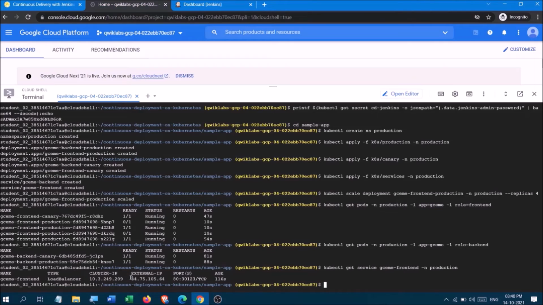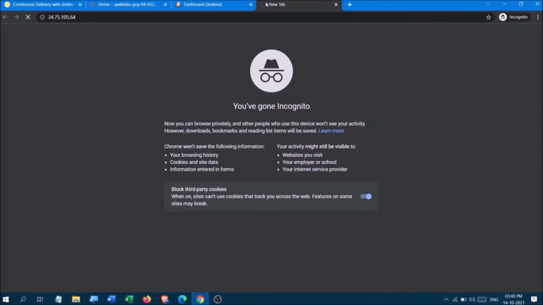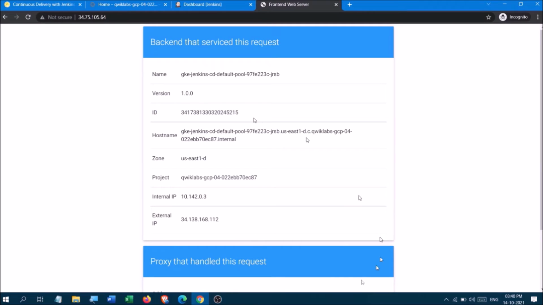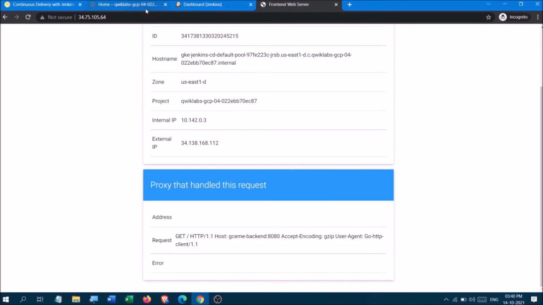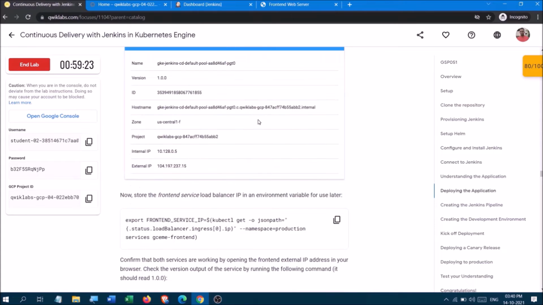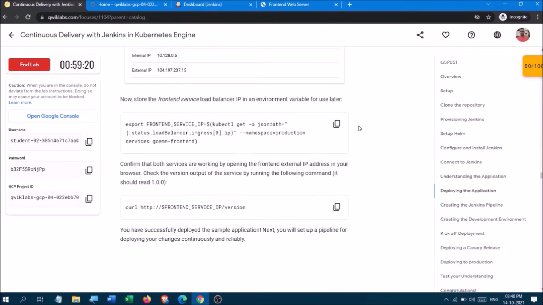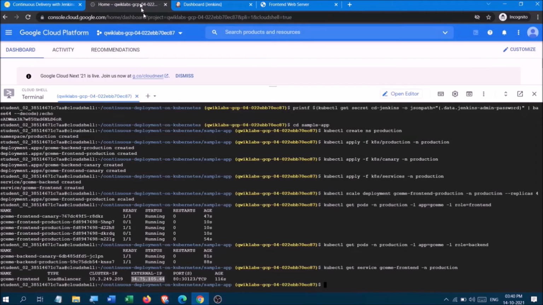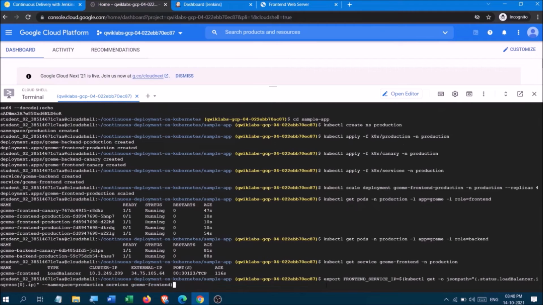So I am copying my external IP here and pasting it. Yes, we have got our answer properly. Now copy this and paste it here.